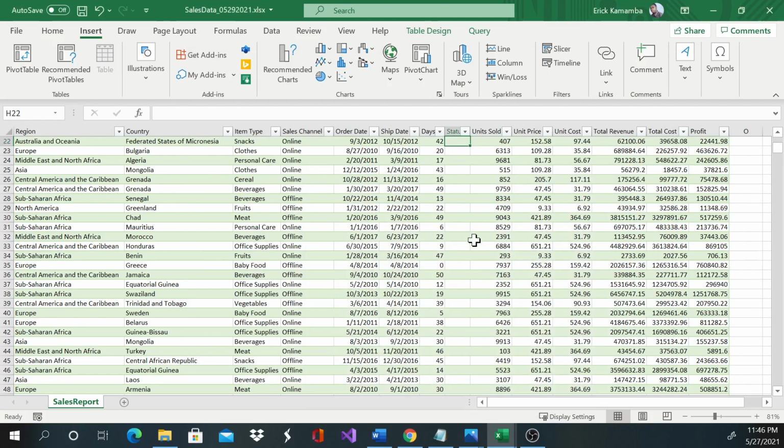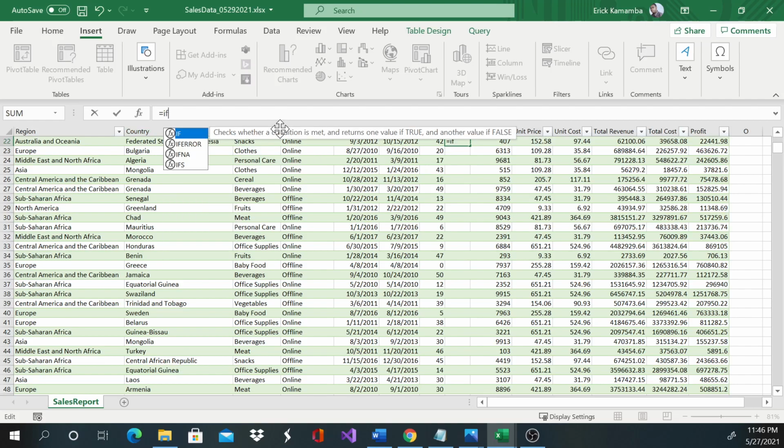I'll select my cell here, come over to my formula, and say equal sign if. I'm selecting this column, days, is less than 15. I'll display